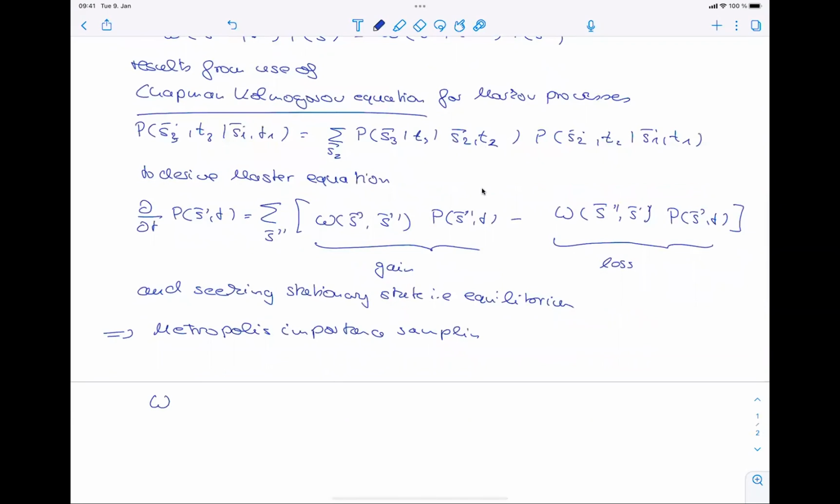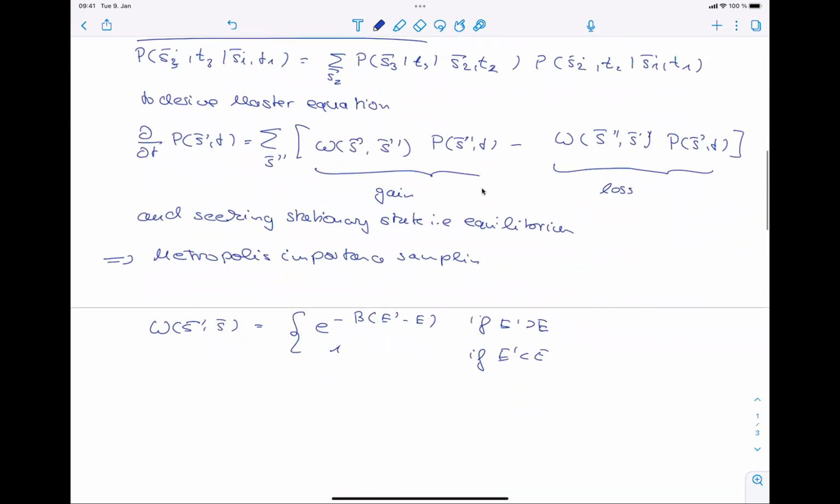where the probability to go from S to S prime is e to the minus beta (E prime minus E) for E prime bigger than the current energy, and the probability to go there is 1 if the energy is less. So I go down in the energy. Alternative was the Glauber dynamics,